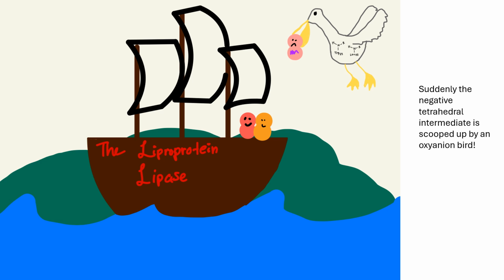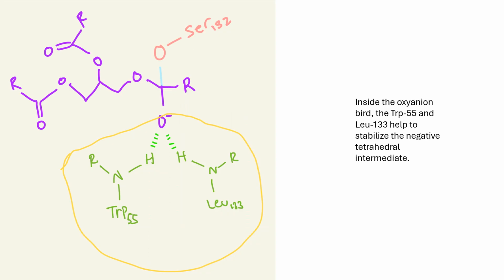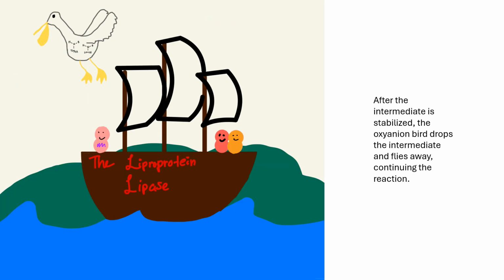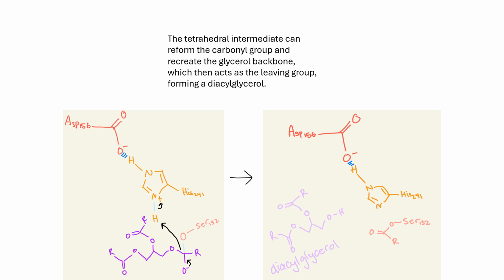Suddenly, the negative tetrahedral intermediate is scooped up by an oxyanion bird. Inside the oxyanion bird, the tryptophan and leucine help to stabilize the negative tetrahedral intermediate. After the intermediate is stabilized, the oxyanion bird drops the intermediate and flies away, continuing the reaction. The tetrahedral intermediate can reform the carbonyl group and recreate the glycerol backbone, which then acts as the leaving group,